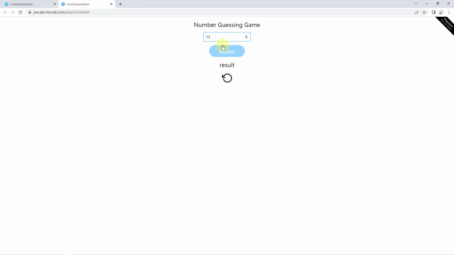Let's start from 50. Too large. 25. Still too large. 12. Too large. 6. Too large. Well, 3. Too small. 5. Then it should be 4. Correct. So the main content of this game is ready, and the only thing to do is to complete the